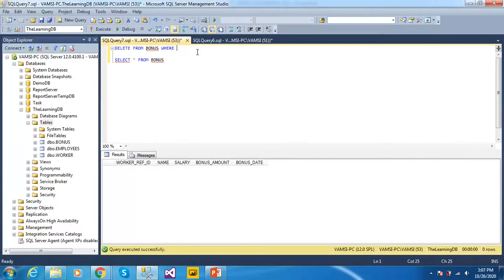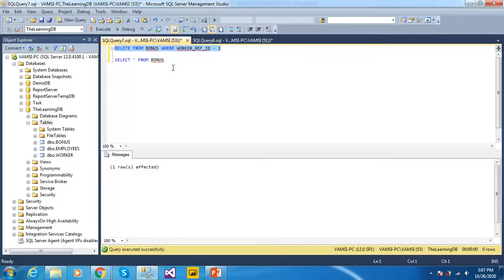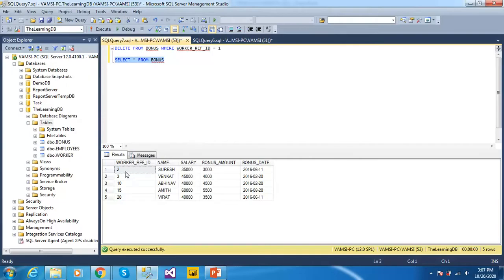So I'm giving the where condition worker reference ID equal to 1. Let us execute this query. One row is affected. Let us see how it works. See, the first row with worker reference ID 1 has been deleted successfully with the where condition worker reference ID equal to 1.